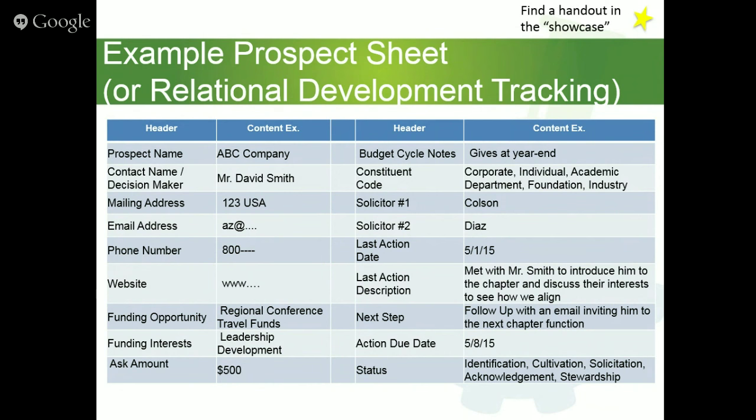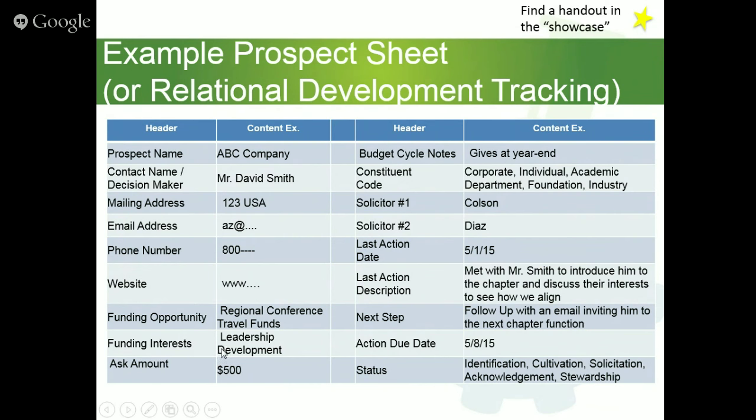And that piece of information can be difficult to get, and it often requires just picking up a phone and asking the question. Once you get that name, this is the person you need to develop a relationship with. Then this is great to just document some contact information: mailing addresses, email addresses, phone numbers, websites. I really should have these 2 cells flip-flopped here, because the next thing you want to ask yourself is, what